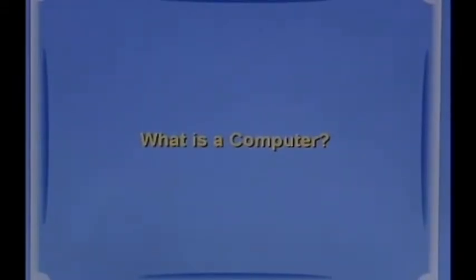What is a computer? The advent of computers has revolutionized society. The advancement of scientific knowledge, particularly in the field of electronics, has led to the invention of computers. A computer may be understood as a machine which can do a huge amount of work in a very small amount